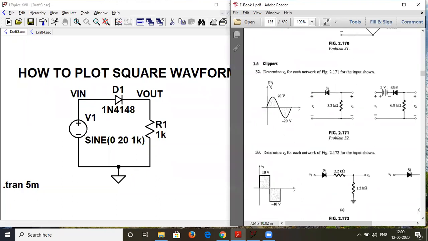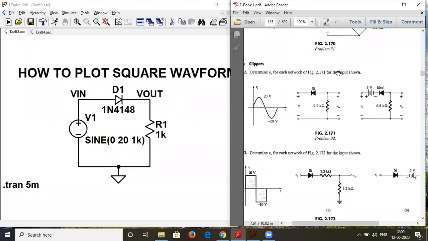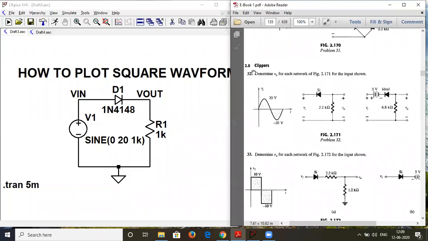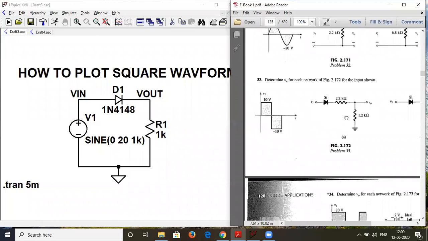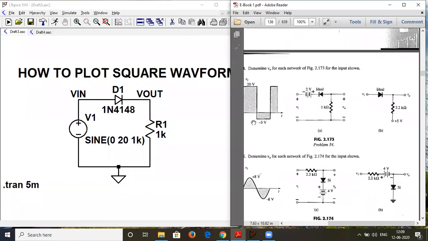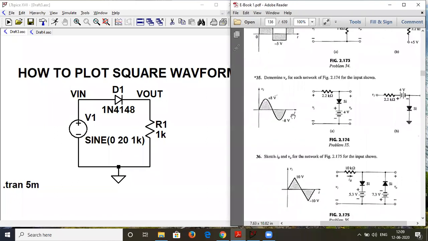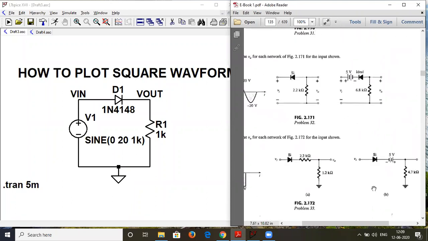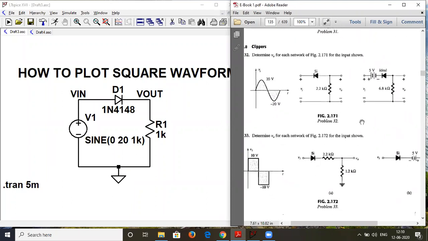In this numerical, I'll assign it in 10 minutes' time after this is over. Let's say 32A. 32A means you will do this part, the first part. 32B means this part. So is this clear? I am just repeating again. If I assign a numerical based on this, it will be 32A. So A will be this, B will be this. 33A will be this, B will be this. 34 again, A will be this, B will be this. Then 35 and 36. This way we have a total of 9 numericals. Actually, one more numerical I'll assign. Don't worry, and you have to do it this way.